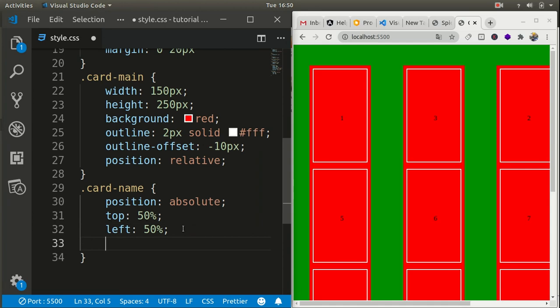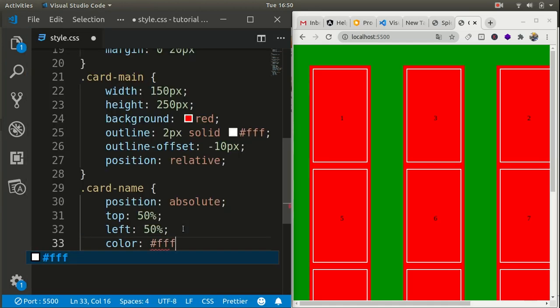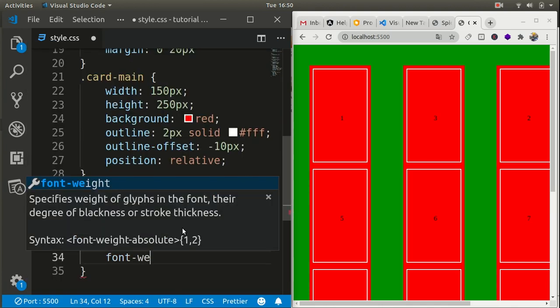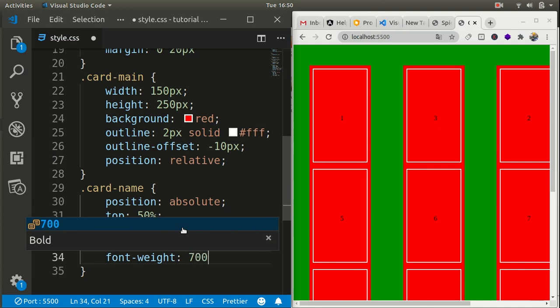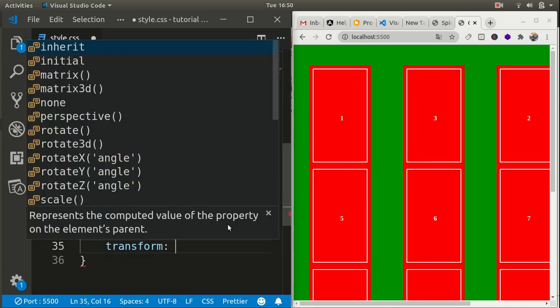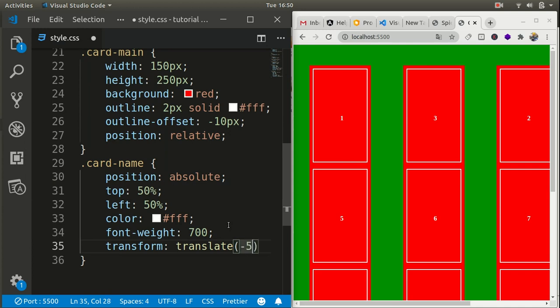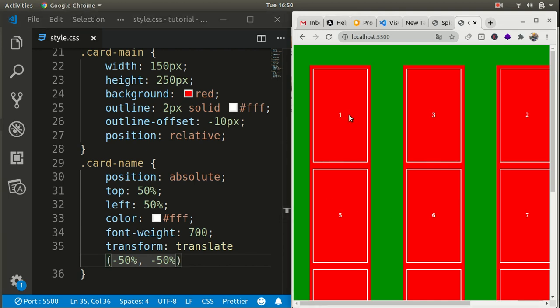Give it a color also, color of white and font weight 700, and we need to apply transform also. So translate minus 50% on X and minus 50% on Y. So this is now exactly in the center of the card.